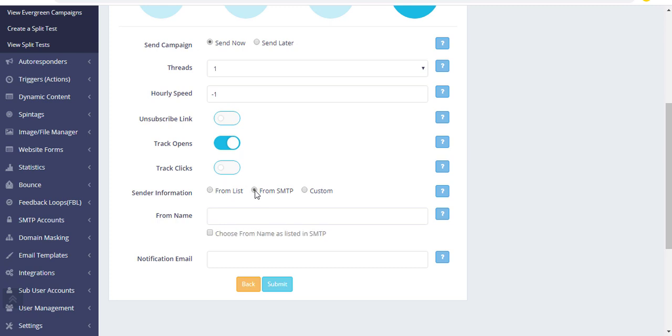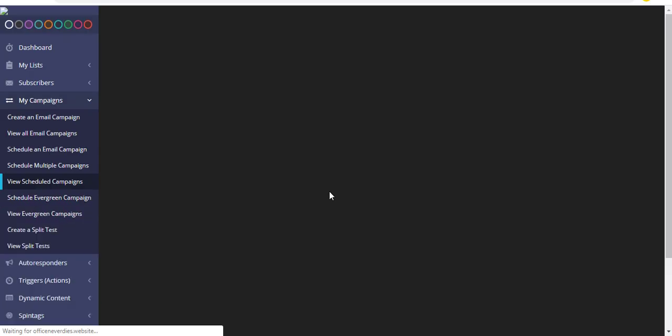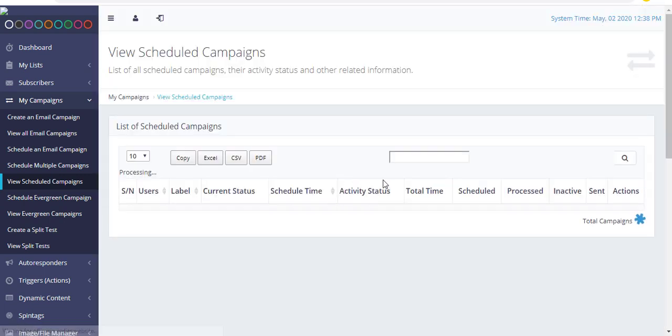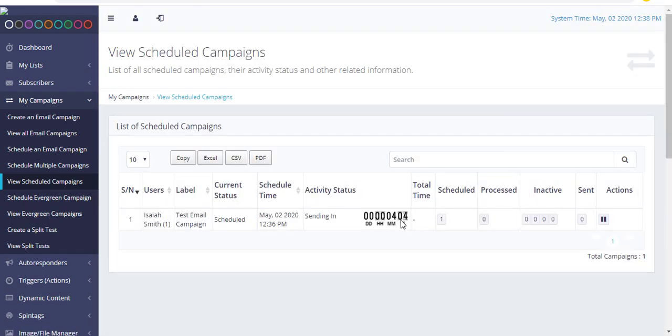But right now we can select from SMTP, and from name, if we want to configure anything else, then we can type here, or we can simply select choose from name listed in the SMTP, and just press send, submit, and it actually sends the email campaign after 4 minutes.